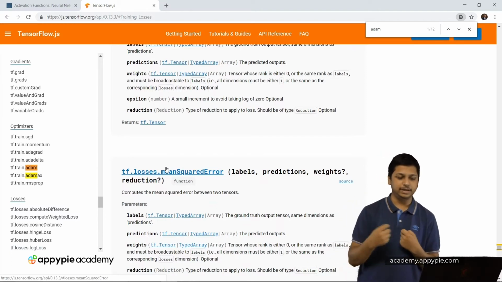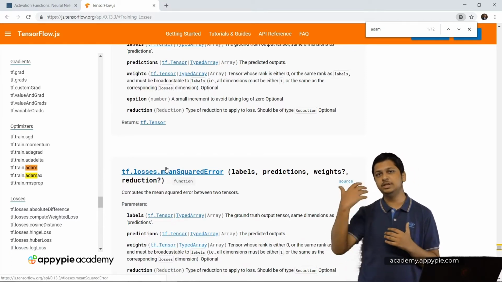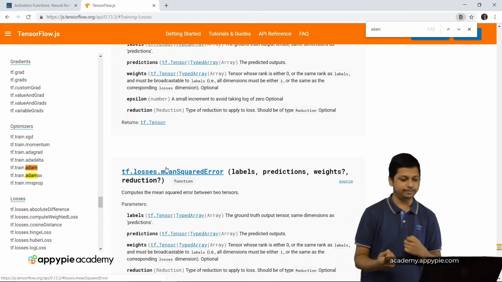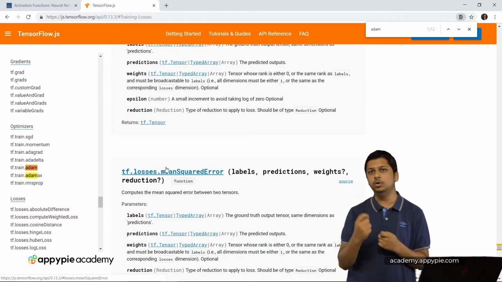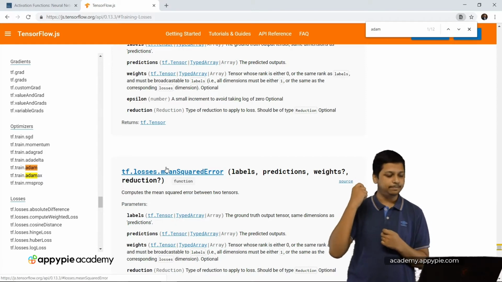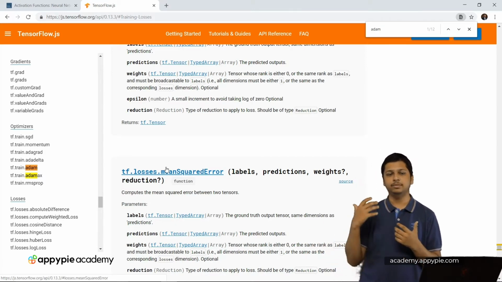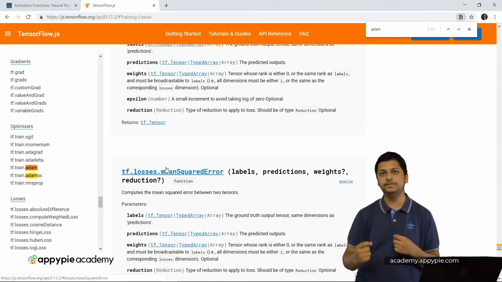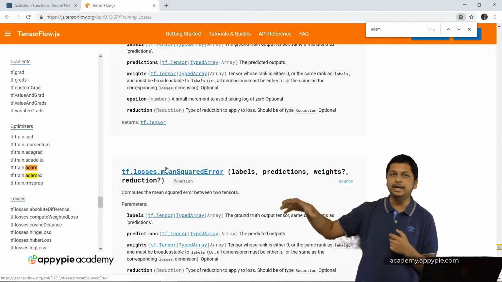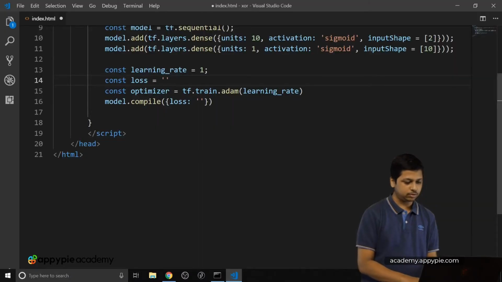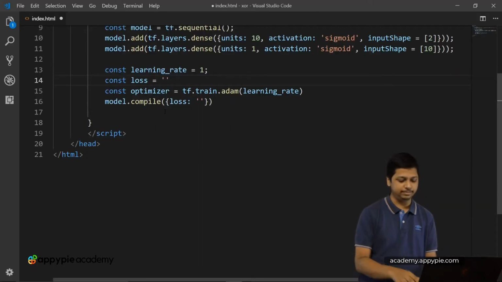So these things basically tell us the distance we are from the actual output which we should be generating, and declaring a good loss function is very important in order to make your model work correctly, because by declaring a loss function you basically specify the end goal for your particular model. So over here we have the loss, which is the mean squared error.